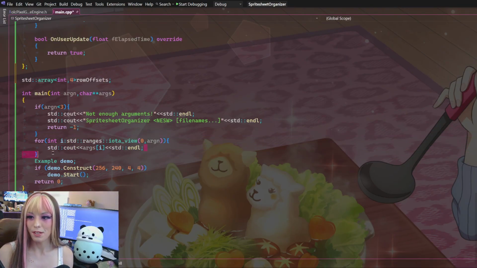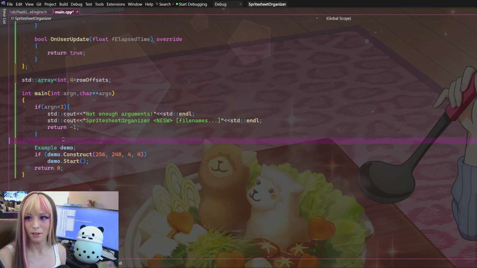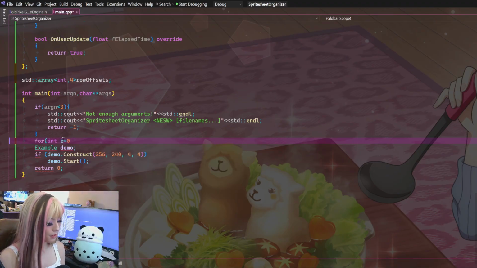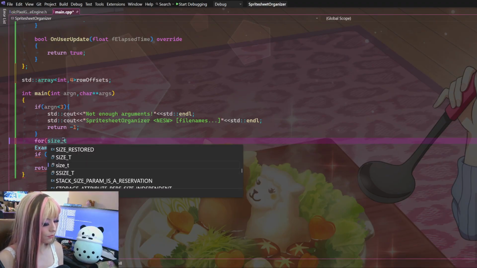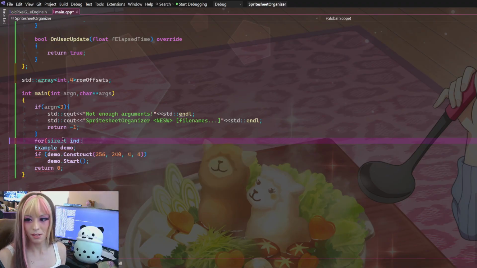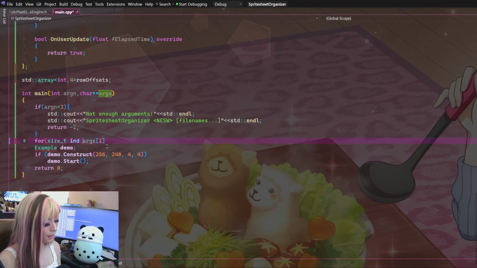So with these row offsets, let's start by parsing the direction, which is going to be the second argument. So we're going to say for size_t i is 0. This is like our index. I'm actually going to use size_t here. Index into our string of args1, which is the second argument. That's going to be the length we